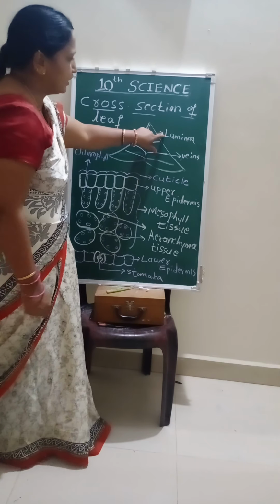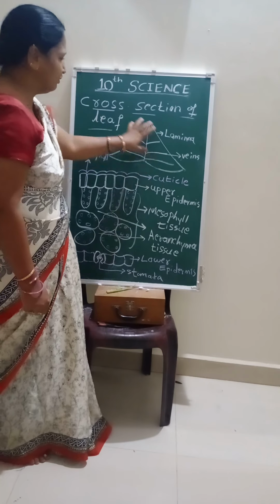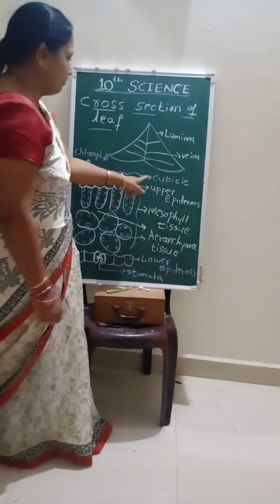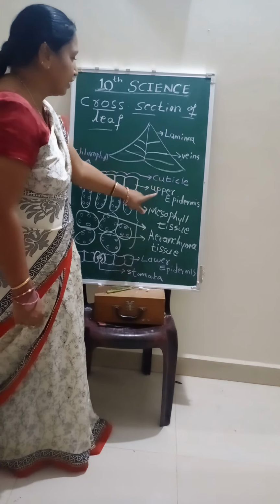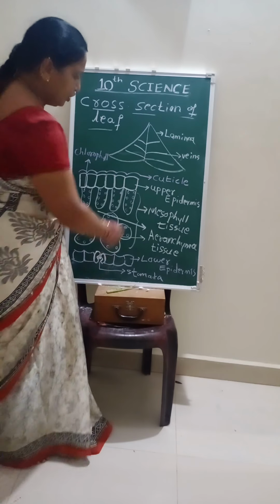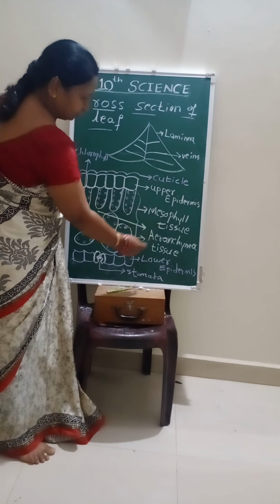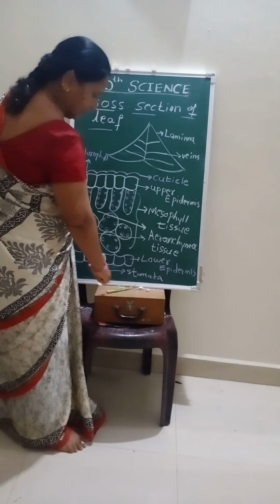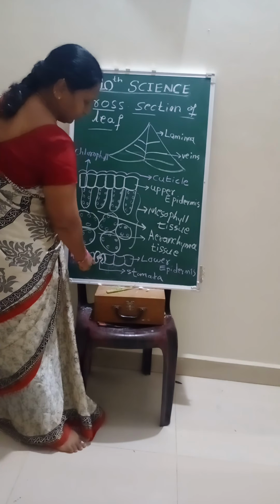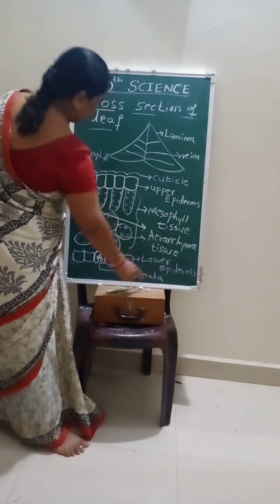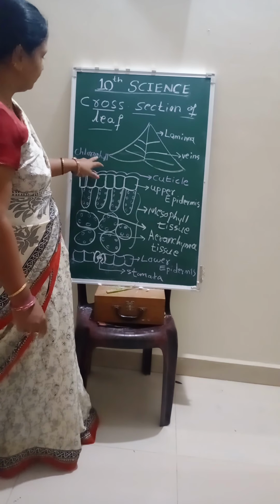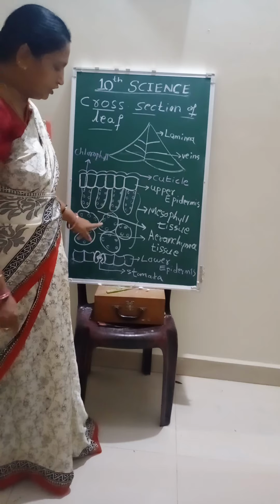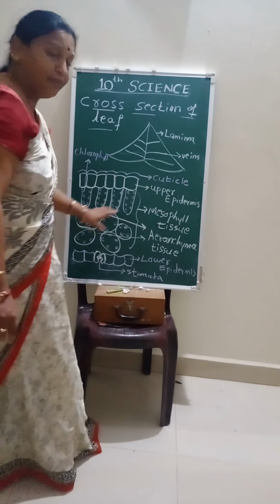So this is the lamina, this is the veins. This is a simple structure of leaf, and we have a cuticle, upper epidermis. Total this structure we call the mesophyll tissue, and the gaps here we call the Aerenchyma tissues, and lower epidermis. And between this lower epidermis you just draw stomata, and there is a dot structure. We have a chlorophyll. Please take down this diagram and practice this.